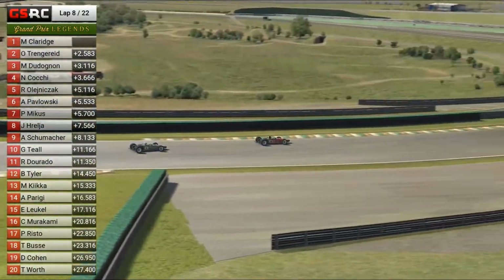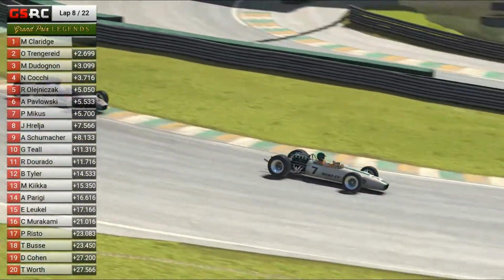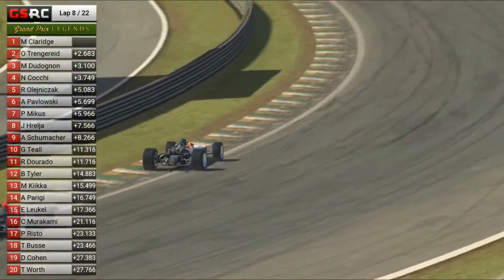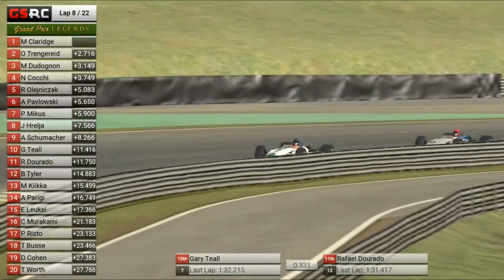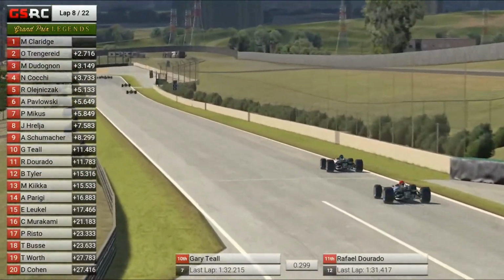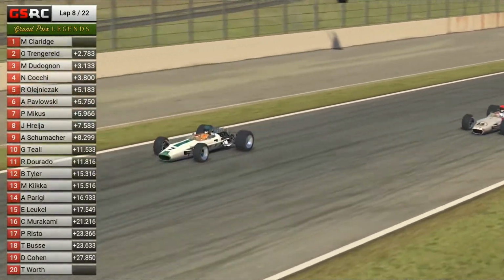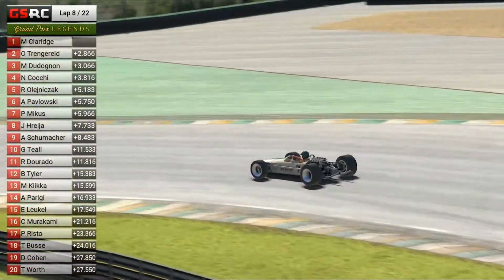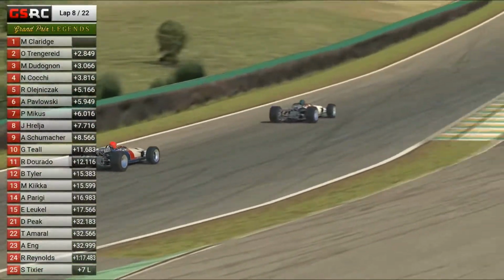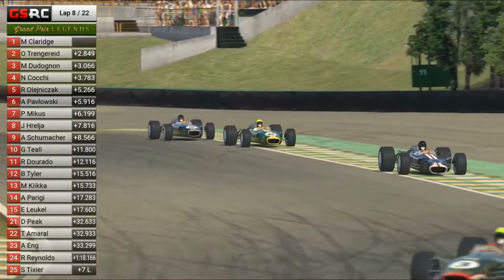And I'm looking further back in the pack as well. The battle for P10, as Dorado and Gary T are battling for what looks like 10th position, and this battle's been going on for a few laps anyway, and these guys have been absolutely close together, racing each other hard, but also fair. Those two are, but also the battle ahead for 6th place between Roman Paslawski and Peter Mikus nearly went into a side-by-side battle through Ferradura,